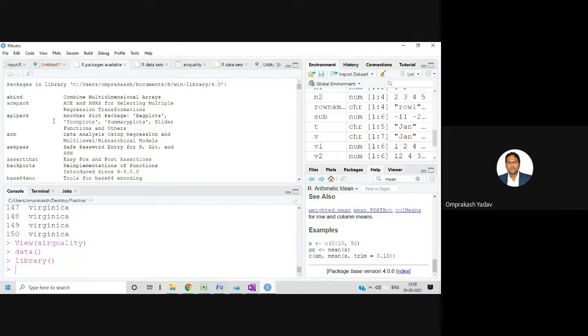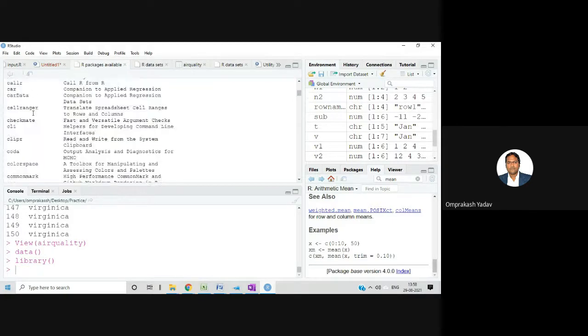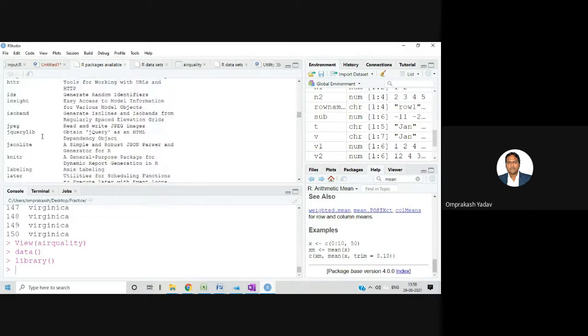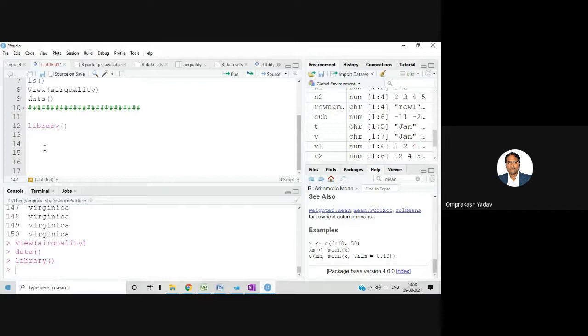So like this, if you see here, many libraries are there, and let's say suppose we want certain functionality and that library is not there. So what we can do, we can install that particular package first, and then after installing that particular package you will observe. So for example,